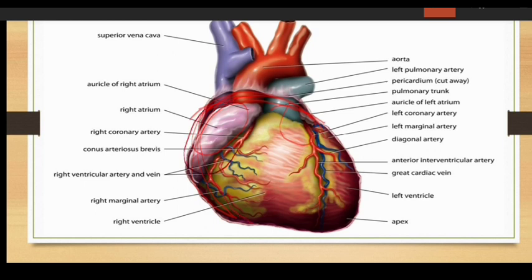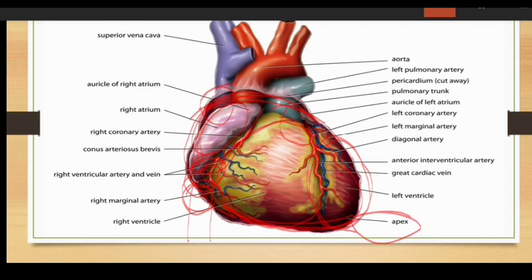This is the right atrium and it extends from the superior vena cava to the inferior vena cava, right? So this is the inferior vena cava. Okay, and the inferior border is nearly horizontal and formed mainly by the right ventricle. The whole portion is known as the right ventricle. A small part near the apex is formed by the left ventricle, and this portion is the left ventricle. So this is the small portion which forms the inferior border. Otherwise, all is formed by the right ventricle, right? And it extends from the inferior vena cava, this portion, through to the apex.